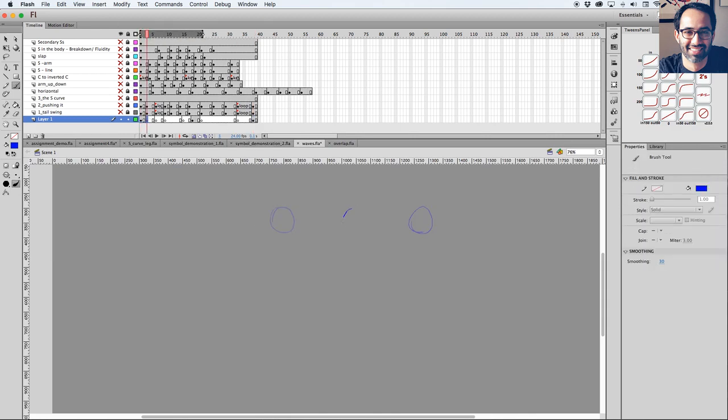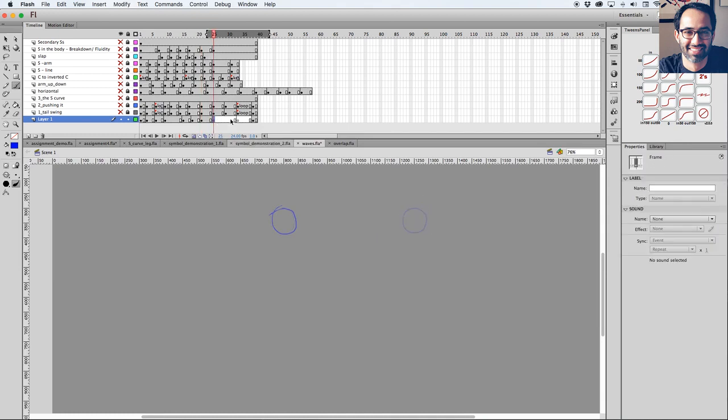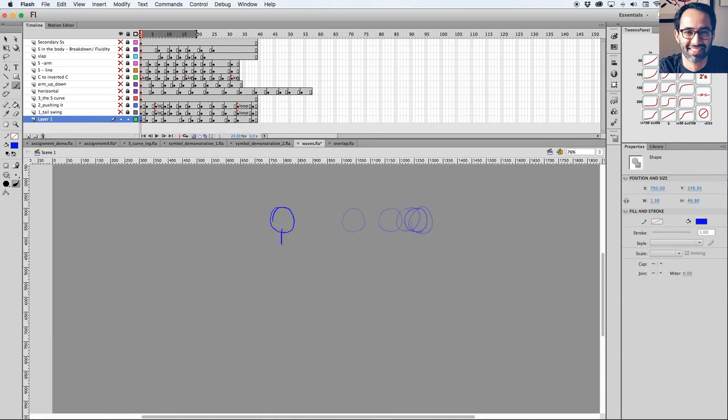So I'm decelerating from there. 1, 2, 3, and 4, and then start to come back to the same position. 1, 2, 3, and 4, right? Now I have a line hanging here, and instead of just doing this with my line,